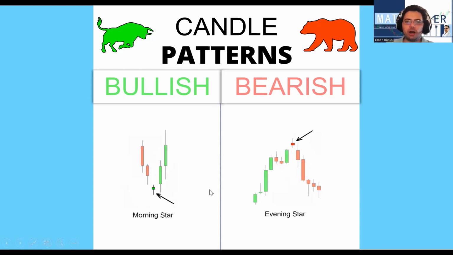You then have a morning star, which is very similar to the doji, except there is a little bit of a body. So the morning star, you can see it forms a type of spinning top in a way, but a bullish spinning top. And after a downside in the market, there is a morning star, which should give you morning glory. Did I just say that? It should give you upside momentum for the candles. You then have the evening star, which is the opposite of the morning star, where it forms right at the top of all the candles, and there is bearishness and downside to come, and it indicates that there is a change in the trend.